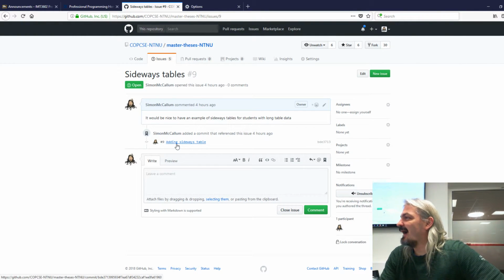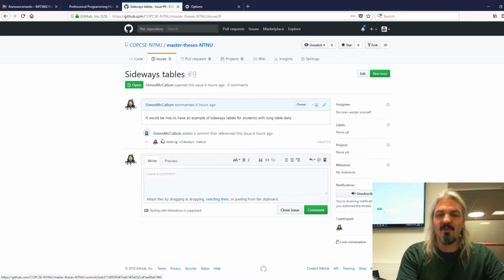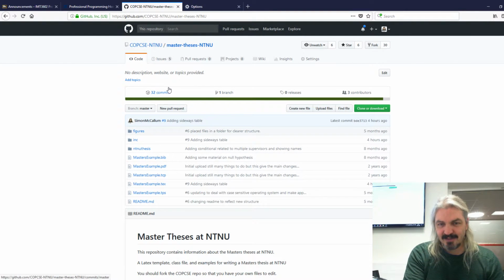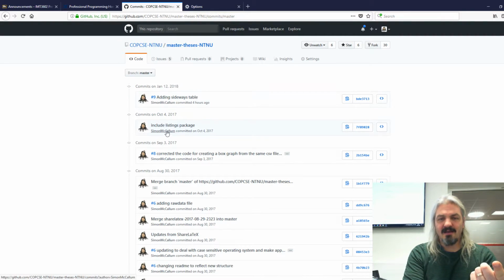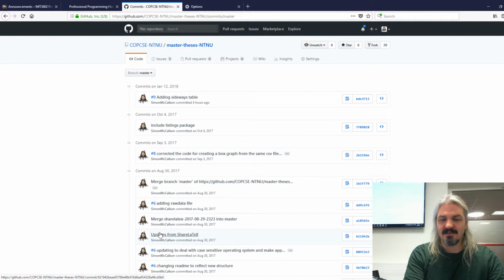So this is part of trying to do things more professionally rather than just whacking it together and getting it done, is to say, well, what's the issue? What am I solving? Because if I go and look at my code, and look at the commits, there aren't that many. There are only 32. But here, this stuff was working with 9. Here I didn't do it, because I forgot. I'm not perfect, I make mistakes, but I've been trying to connect these commits. These merges are kind of automatic things, but